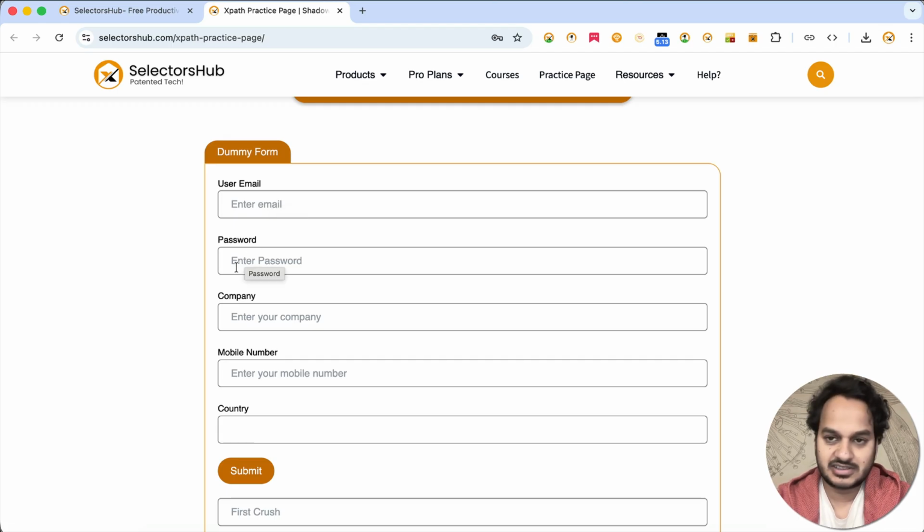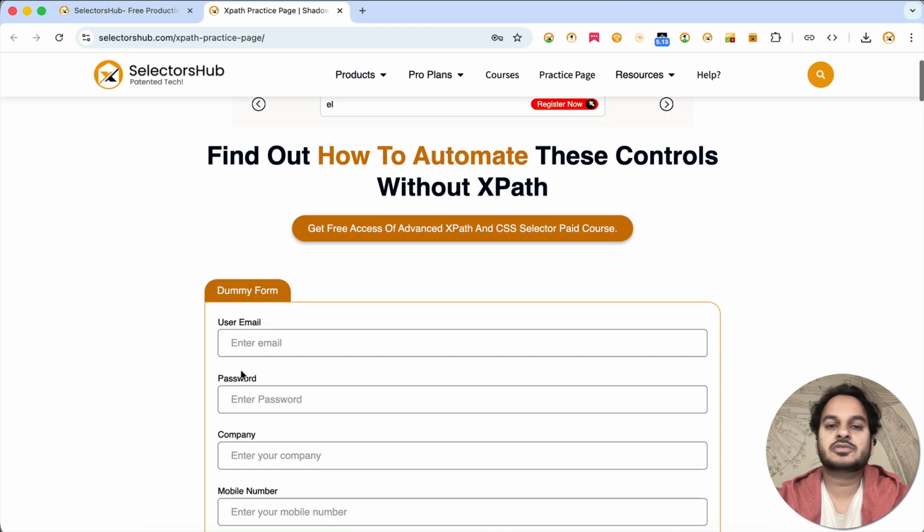Password field, whether it can accept a strong password, or even a blank or one character value is accepted. Mobile number field, will it accept only numerics, or can it accept alphabets as well? So these kinds of basic checks we used to do, and that used to take a lot of time,